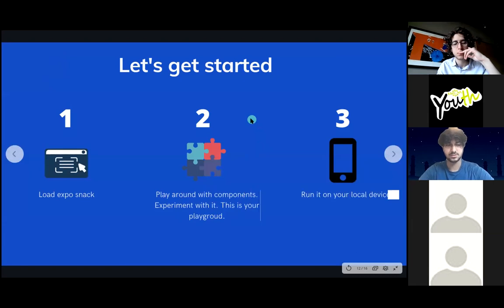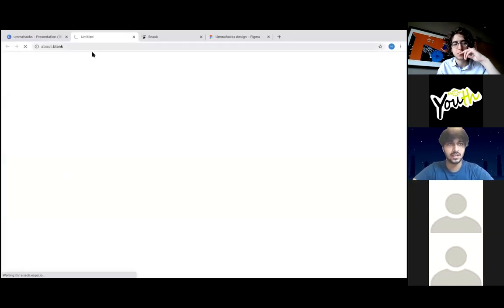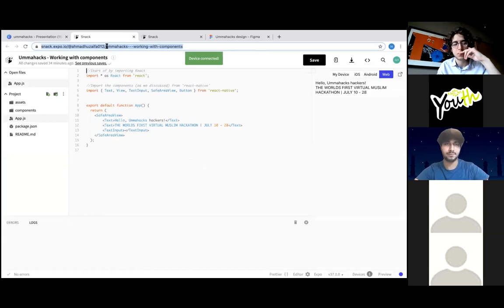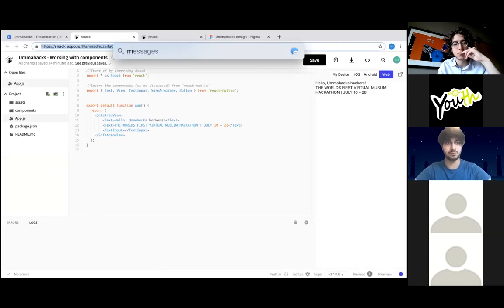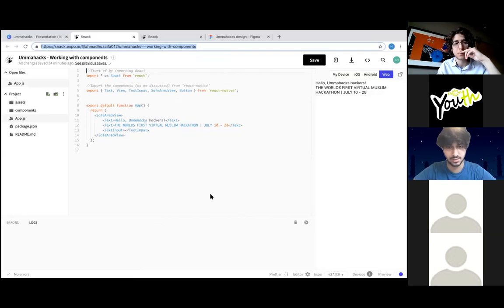So let's actually get started and start coding this, because that's the best way of learning how to make an application. So I've set up this Snap environment for you guys so that it's easier, so that you don't have to go through the painful process of downloading React Native. Let me put this in the chat so that you guys can